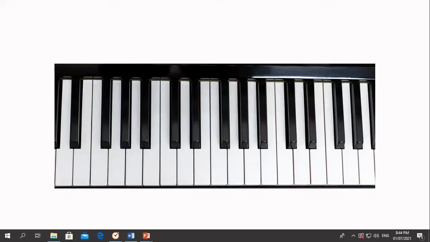But before we dig deeper, it is essential for us to know about the semitones and the whole tones. Let's start with the semitones. A semitone is the distance between a white key to the next black key. Now, to make it clearer, let me show it to you on my screen. Let's locate the semitone in this picture.